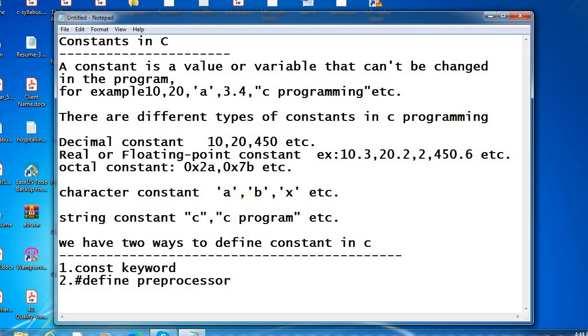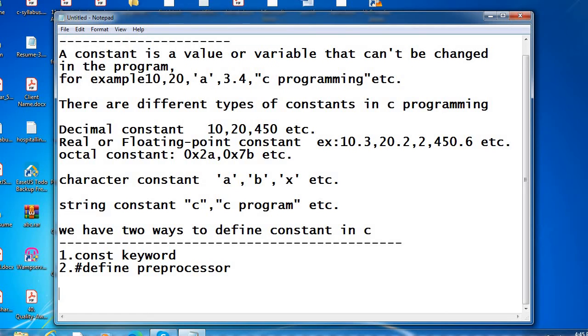The const keyword is used to define a constant in C programming. For example, we define it like this: const float pi = 3.14.